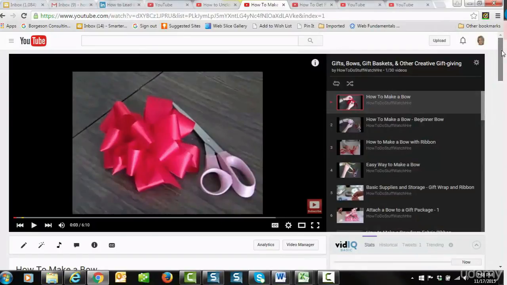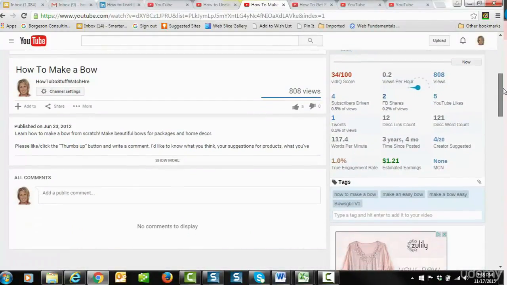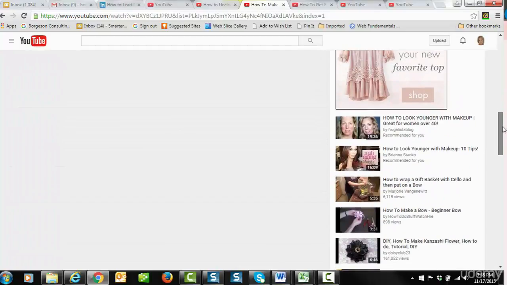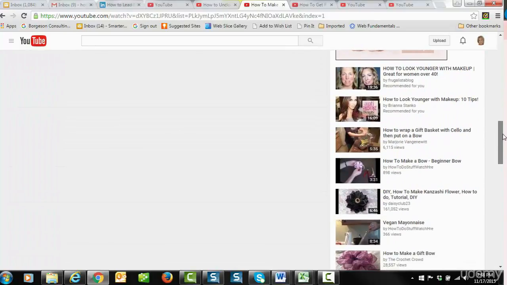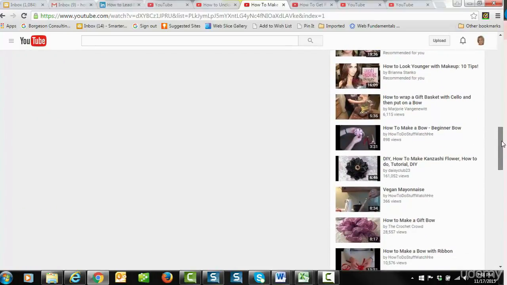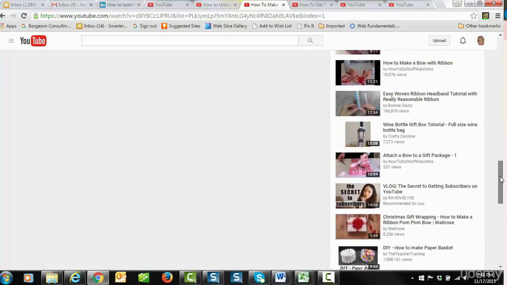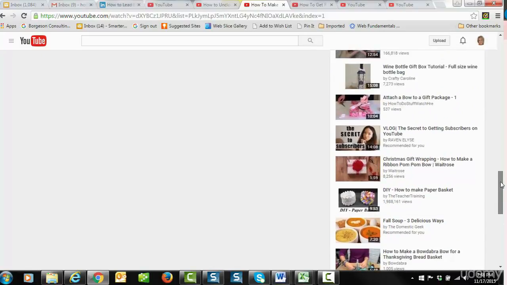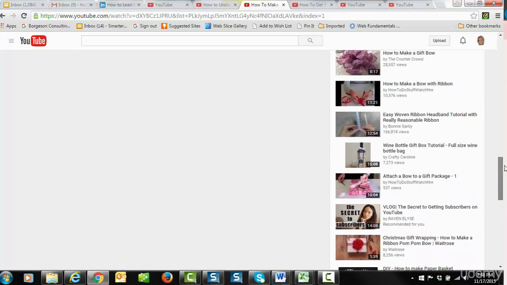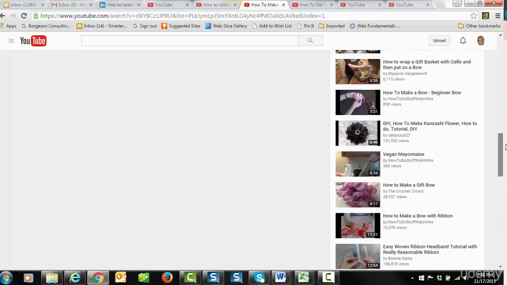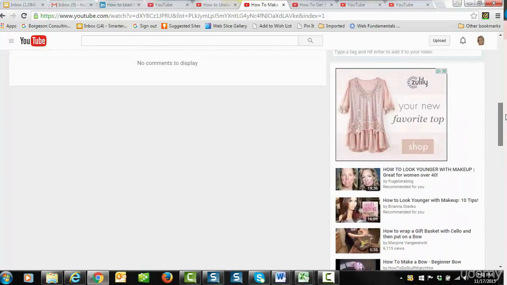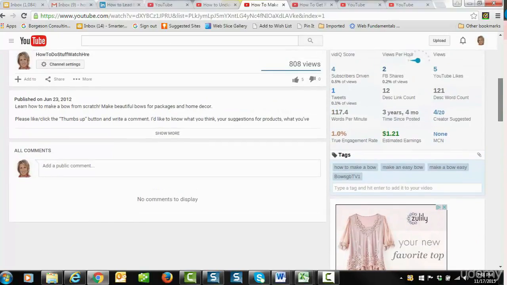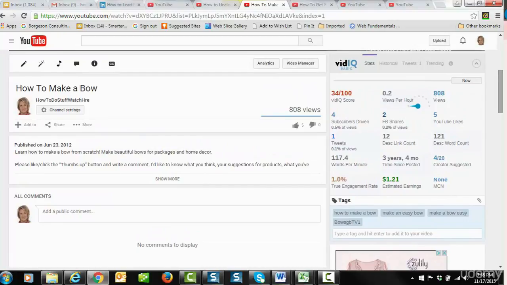When you watch any YouTube video, on the right-hand side of the screen, you'll see thumbnails from other videos. About 19 or 20 of them will appear here. And when people watch one of your videos, you want as many of your other videos to appear here on the right. Now, when you have vidIQ, the plugin in Chrome, you'll also see in this vidIQ box under Creator